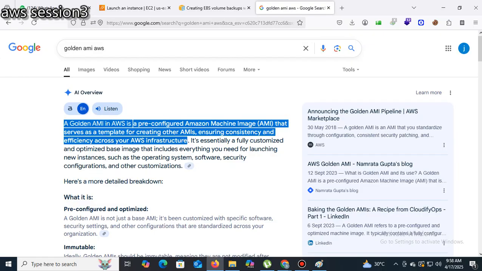Fully customized, pre-configured. This AMI already has Java, C, .NET, everything installed. That is a template, with everything already created. When you create an EC2 instance, you don't need to install all these things; they are automatically pre-installed. That is known as the golden AMI.